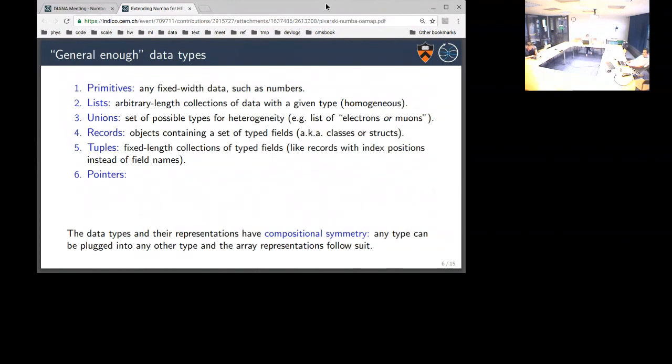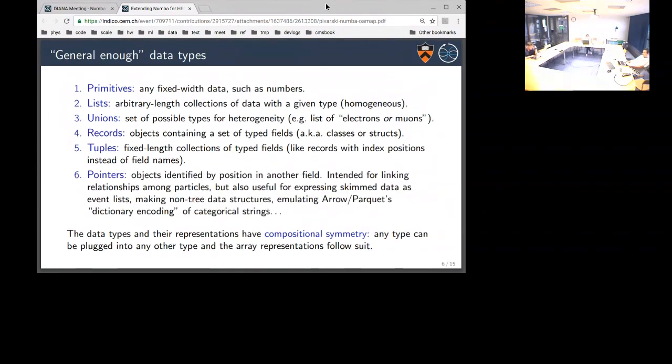And then pointers are perhaps the most interesting for this. These are not absolute addresses in memory like a pointer in C. These are objects identified by position in another field, so it's a relative address. It's intended for linking relationships among particles, such as this jet has a muon and here it is.